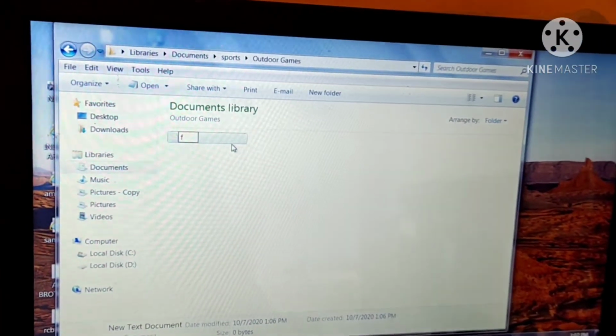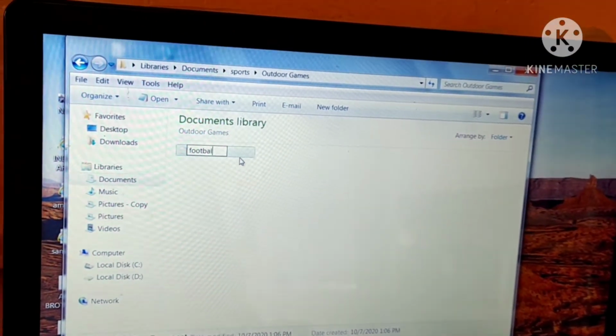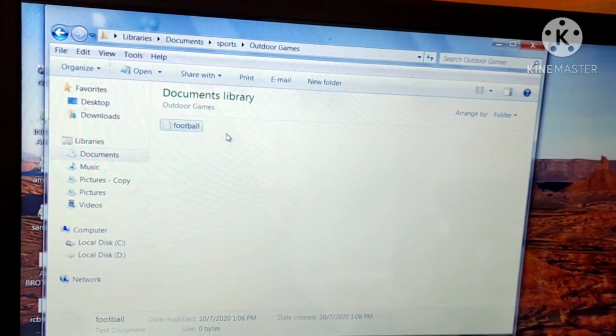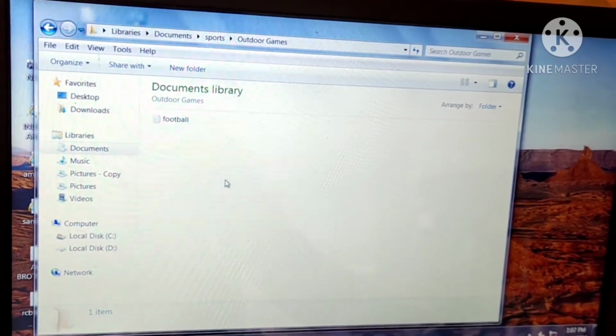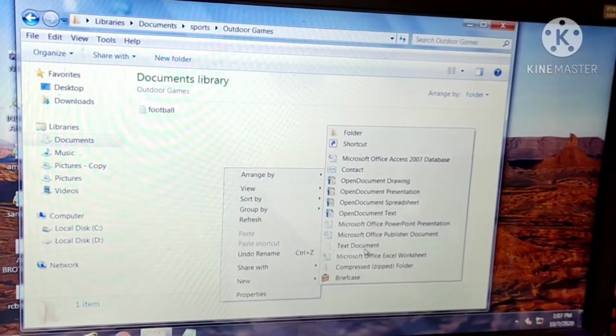So outdoor, many games you are playing. So we have to create football here. The first file is football. After typing the name, just press the enter key. Here your file is ready. The second file we have to create is hockey.